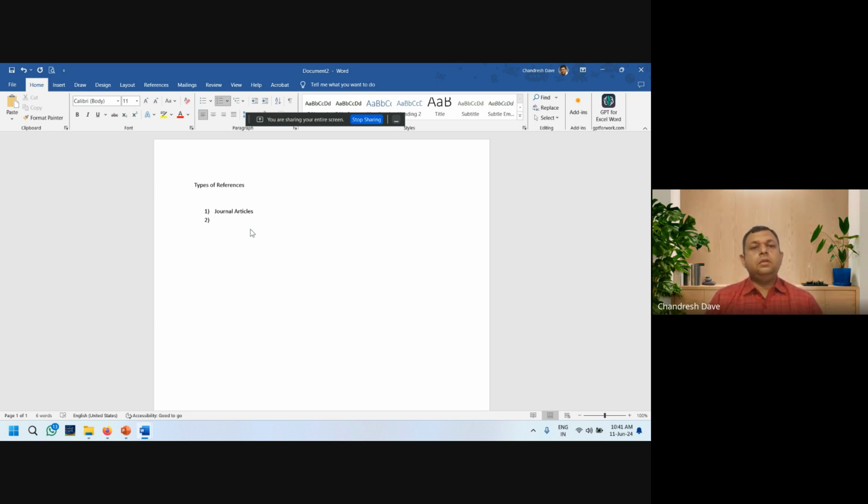There are some references which we would have used. They were the books, having ISBN numbers. There are some articles in periodicals, or proceedings.